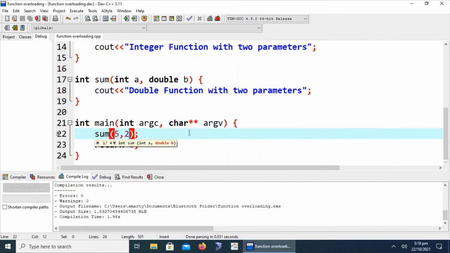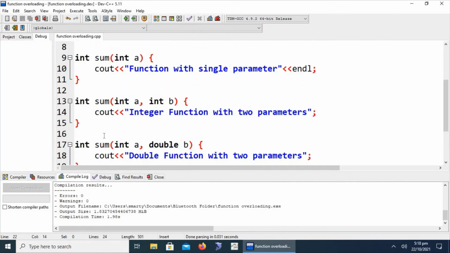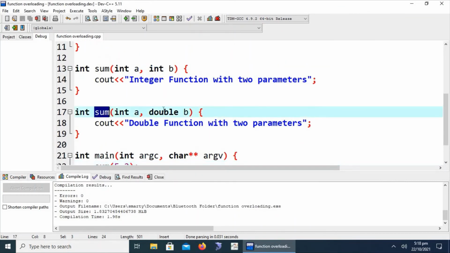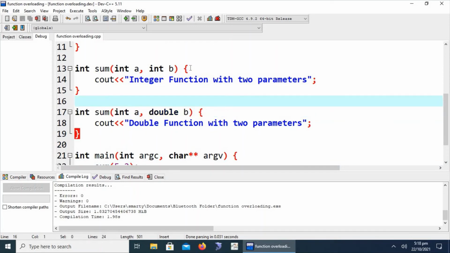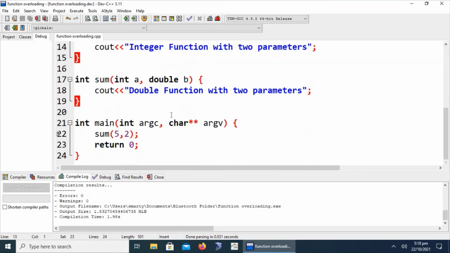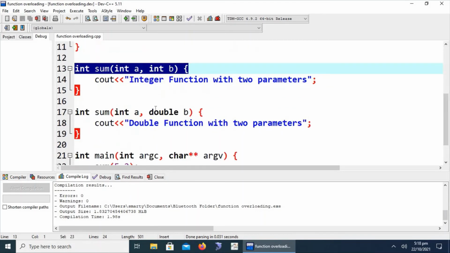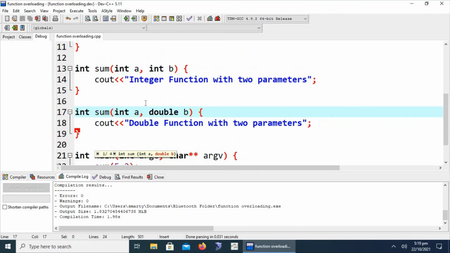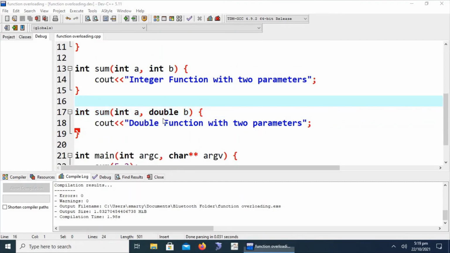This is the amazing feature of C++ function overloading. We can write multiple functions with different numbers of parameters and also with different types of the same number of parameters. Here I have to clarify that the number of parameters is the same, but their types are different. The first function is int and the second function is double, with different parameter types, but the number of parameters is the same, 2.